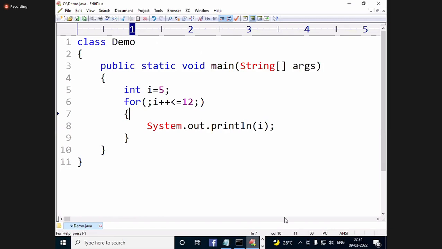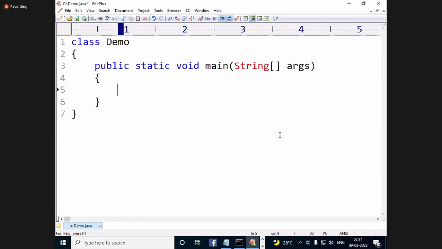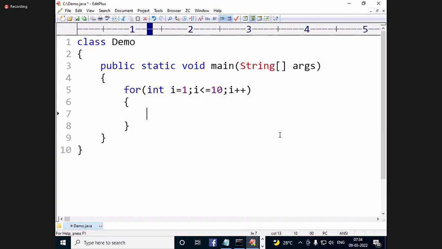For example, here: for int i equal to 1, i less than or equal to 10, i plus plus, System.out.println(i). What is the output? 1 to 10.